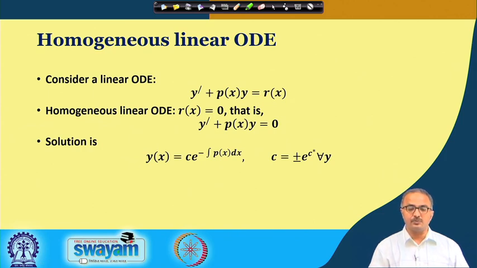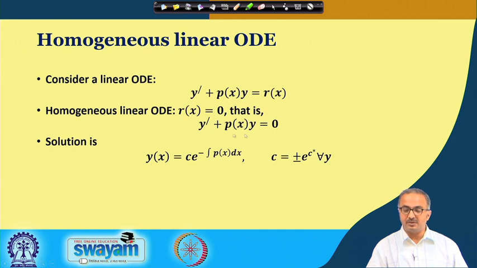Now, let us come to the next type of ordinary differential equations, linear ODEs. In this, again the structure may be a homogeneous structure or a heterogeneous structure. Now, let us consider this particular system of the ODE. Here we have y prime equal to p x into y plus r x. Now, if we have r x to be 0, then we have y prime plus p x into y equal to 0.